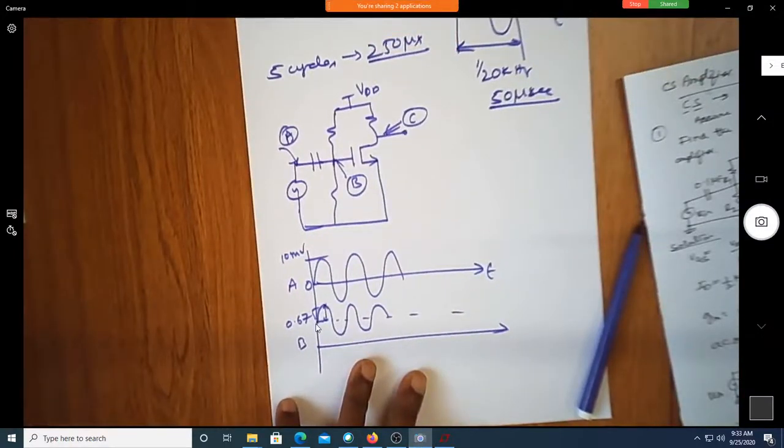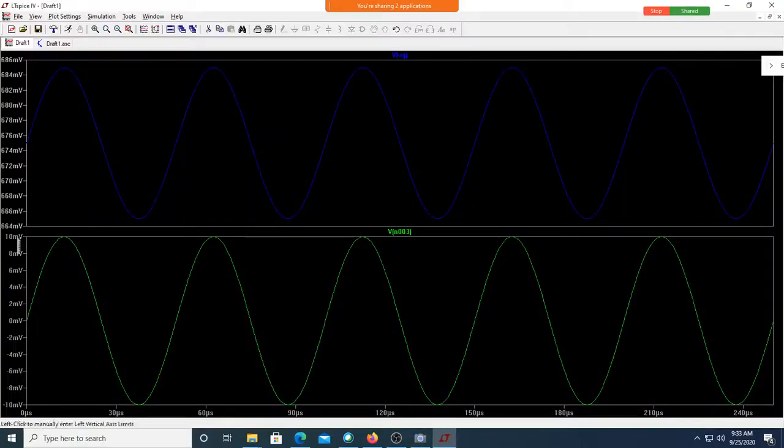Is it going above that point? Of course, you cannot see this reference point, but it is clearly seen that it has been shifted up. So this is your waveform at the other end of the capacitor, at the gate side. Am I correct? Yes, sir. Okay, fine. So then let us see what is at C.